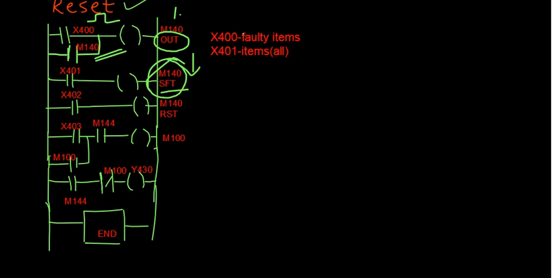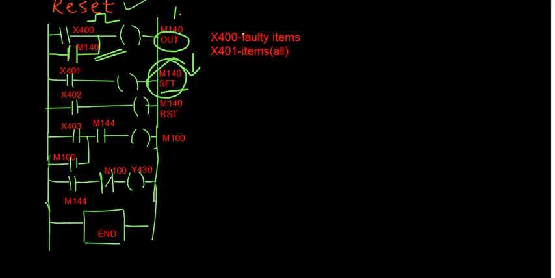Otherwise your X402 doesn't participate in this shift register action. Okay, so then the next instruction you can see here, you have X403 again latching with M100, then your M144,